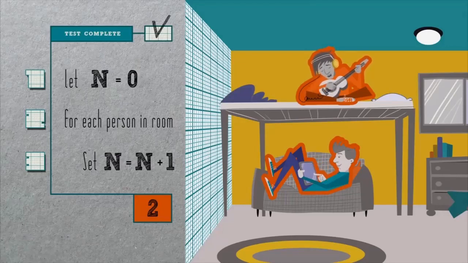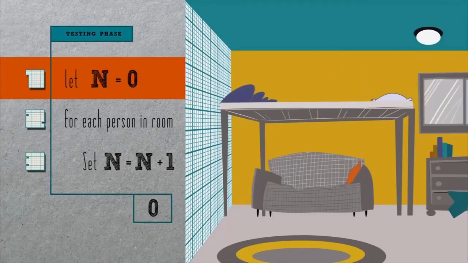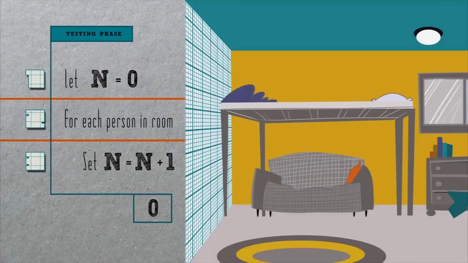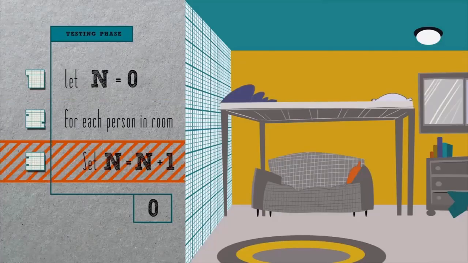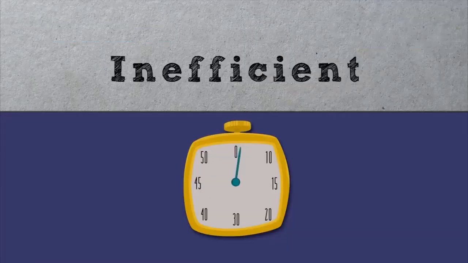So far, so good. How about a corner case, though? Suppose that there are 0 people in the room, besides me, who's doing the counting. In line 1, we again initialize n to 0. This time, though, line 3 doesn't execute at all, since there isn't a person in the room, and so n remains 0, which indeed matches the number of people in the room. Pretty simple, right? But counting people one at a time is pretty inefficient too, no? Surely we can do better.